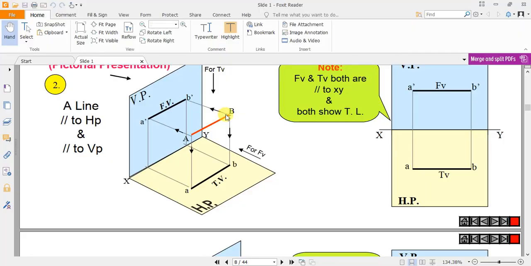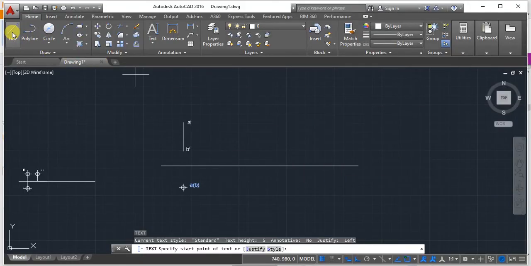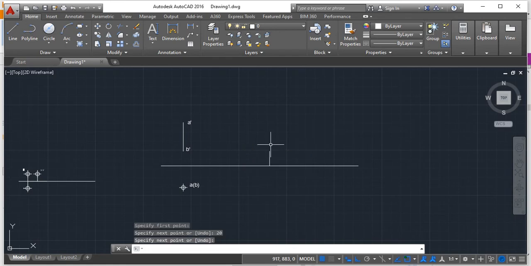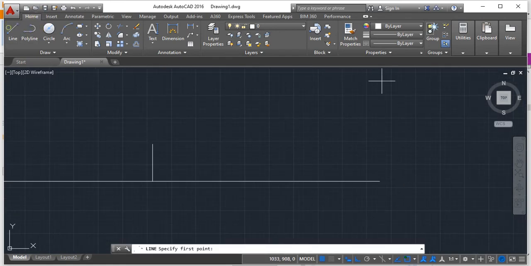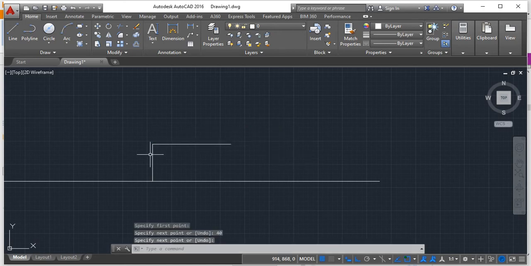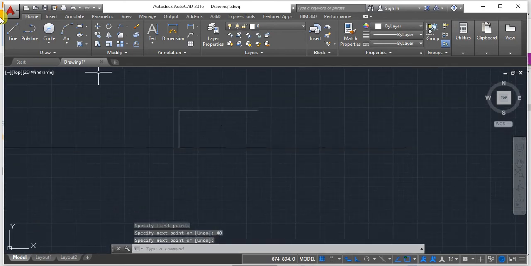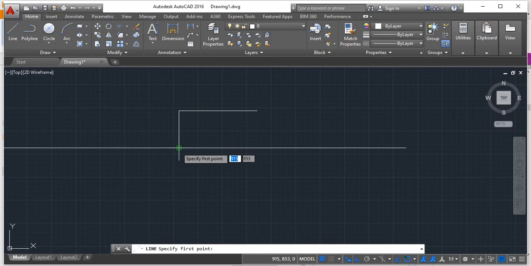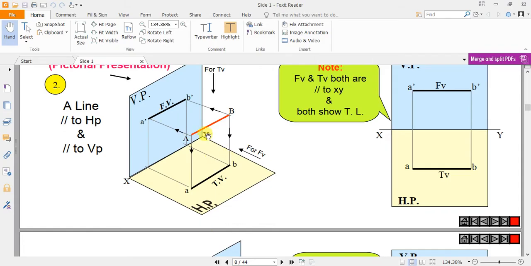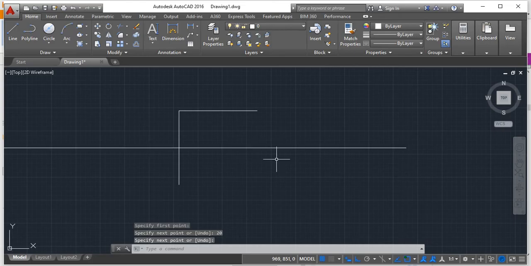How to draw this? First you make a projection of 20. Then after this you draw a horizontal line of 40. Here the true length can be visualized in both the planes. Similarly you draw 20 downwards because it is 20 in front of VP also. 20 above HP, 20 in front of VP.